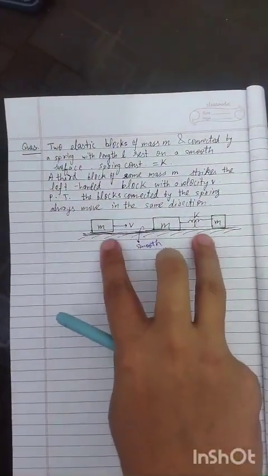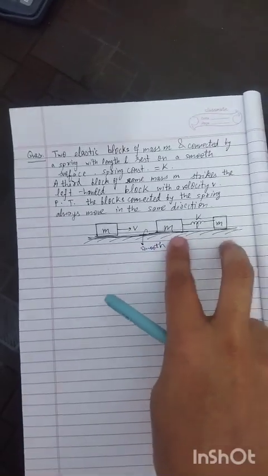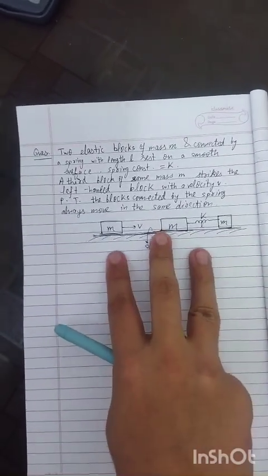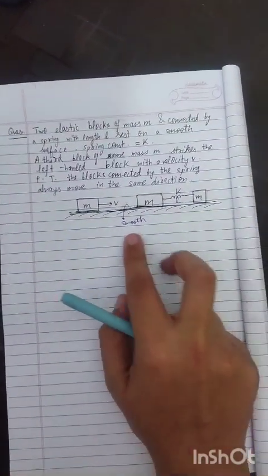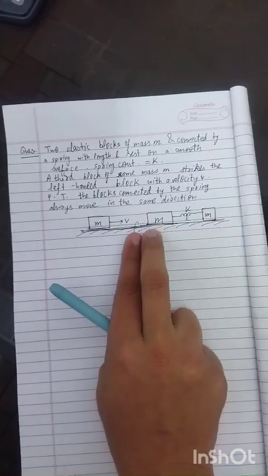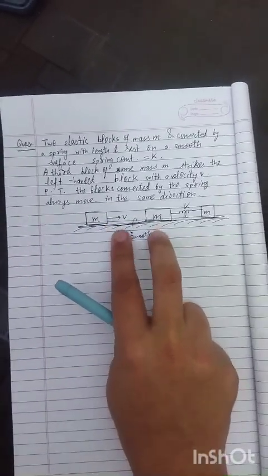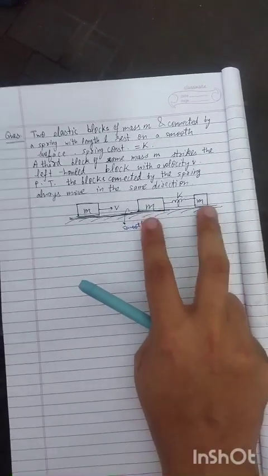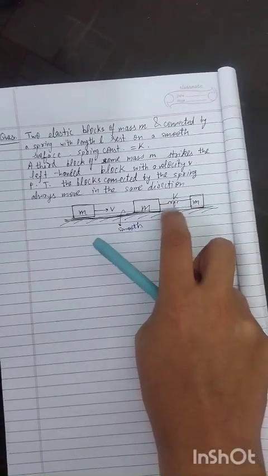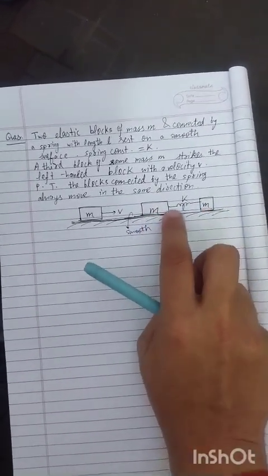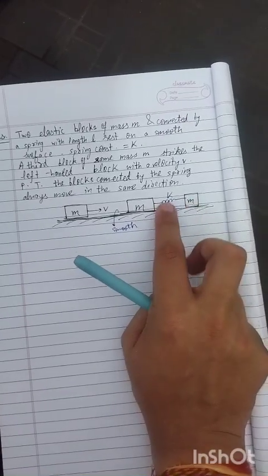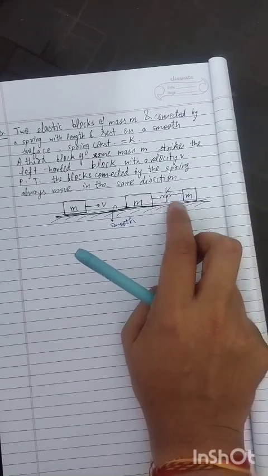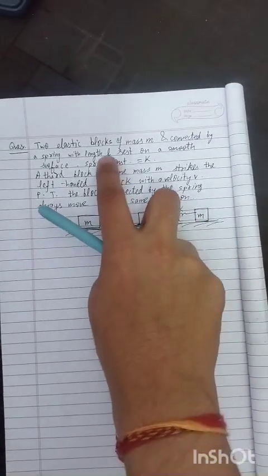I'll explain the problem. There are 3 blocks here and all of them are elastic. What they mean by elastic is that if at all they collide, the collision is going to be elastic. Now these 2 blocks in particular are at rest initially. They're connected with a spring constant K, and the natural length of the spring is going to be L